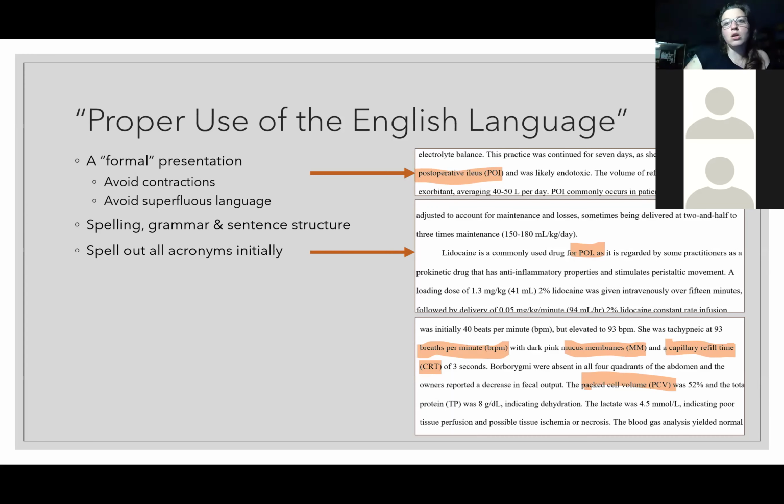Included in the signalment and history is the date of presentation, and you're going to report the relevant case history. So it doesn't matter if Fluffy got its nails trimmed 3 days ago, unless it's presenting for a broken nail or, you know, bleeding from the quick, something like that. Multiple presentations do need to be briefly summarized. So if you have seen this case multiple times, or this case presented to your practice multiple times in the past month or so, you can briefly summarize it, but there's no need to go into an extraordinary history